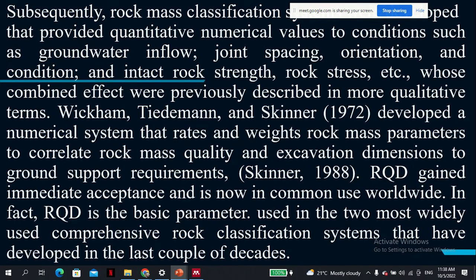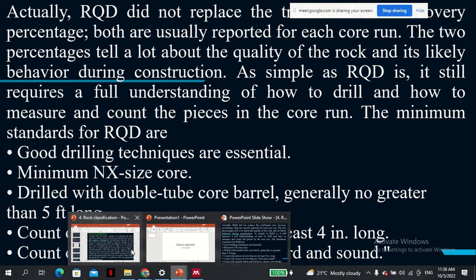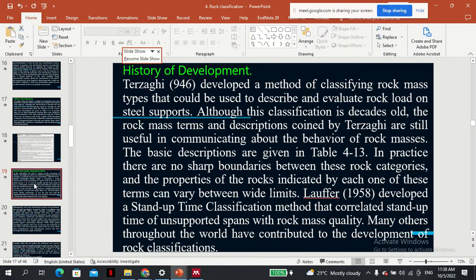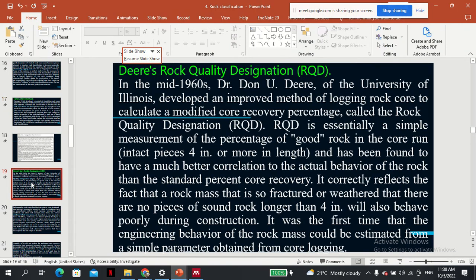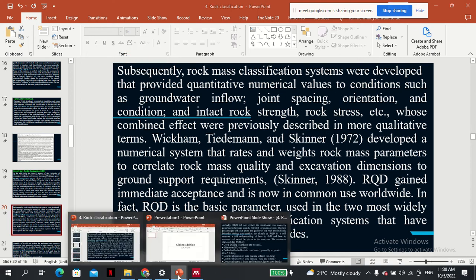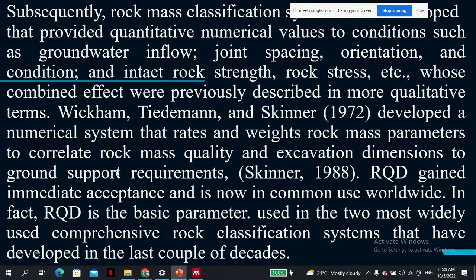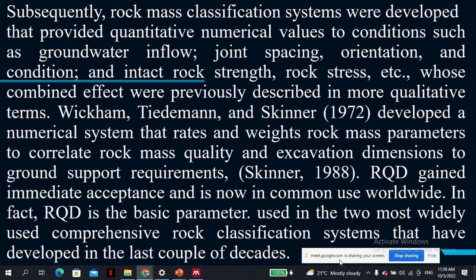Subsequently, [rock quality] could be estimated from a simple parameter obtained from logging. So subsequently, the rock mass classification systems were developed